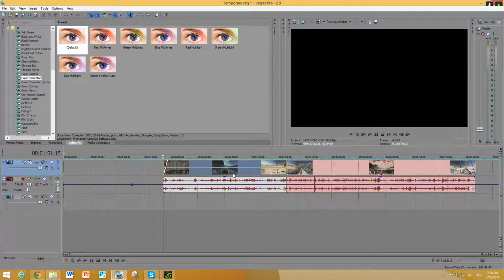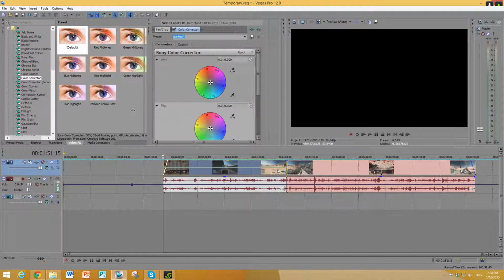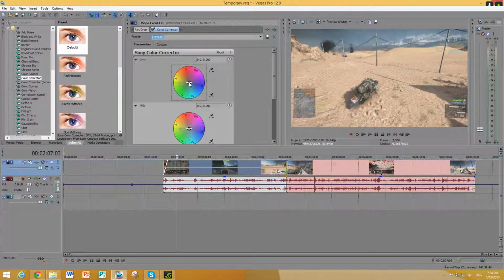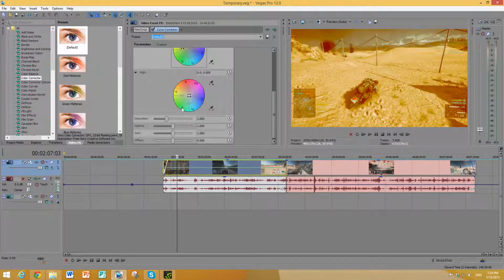Once we add it onto the video by dragging and dropping, a tab will appear here. And just by simply playing with these points on the circle, we could see that the colors of the video change accordingly. So by tinkering around with these options, you can eventually make the video look way better. You can even edit the saturation, the gamma,